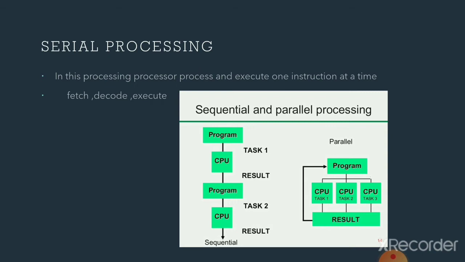An instruction consists of three basic steps: fetch, decode, and execute. Before executing your instruction, you have to fetch your instruction from memory to the processor. First you give your instruction from memory, RAM or primary memory, to the processor, then decode it, meaning find the meaning of the instruction. Then the processor will start executing it.